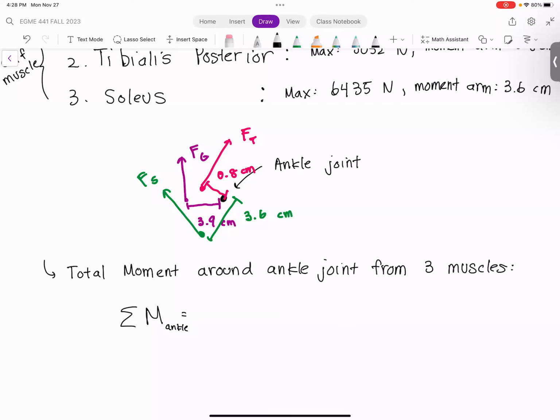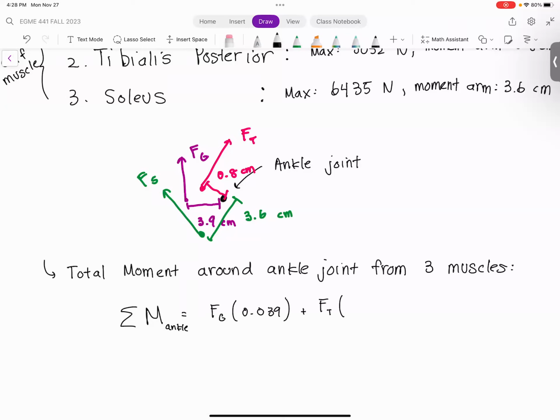So the sum of the moments around the ankle joint is just the product of each force multiplied by its moment arm, all added up together. We have FG, and we're going to multiply by its moment arm, converting the moment arm to meters as we typically do. So it's FG times 0.039, plus FT